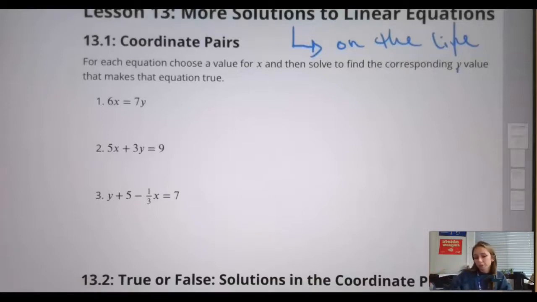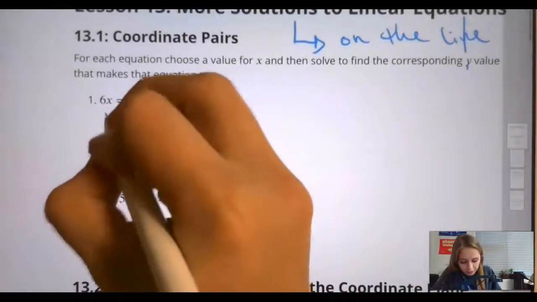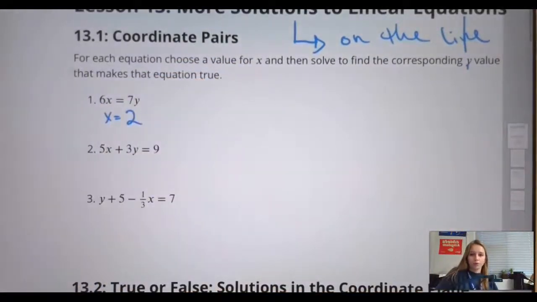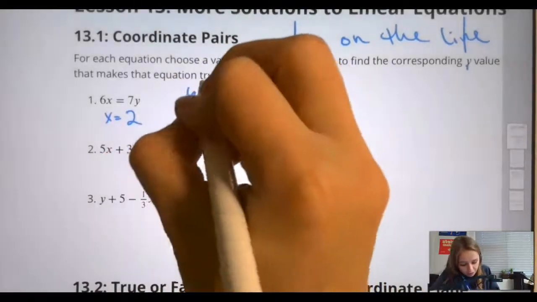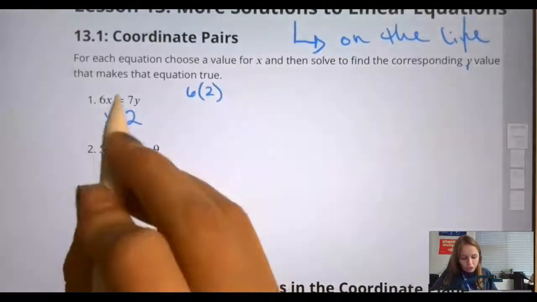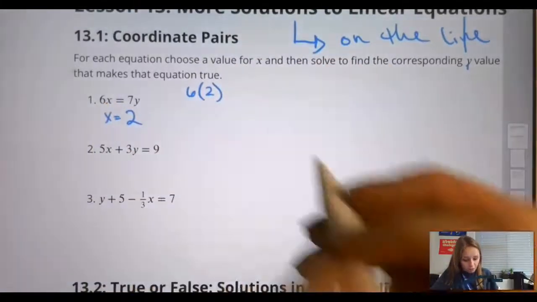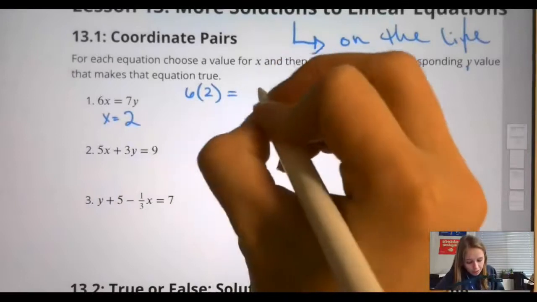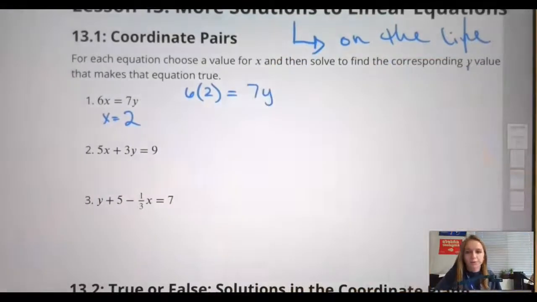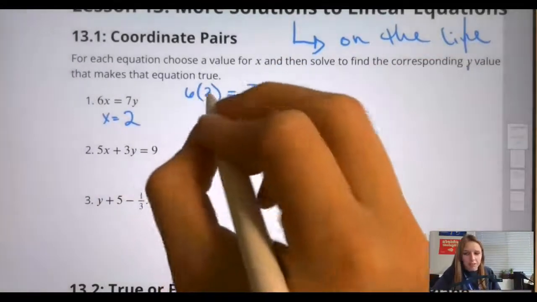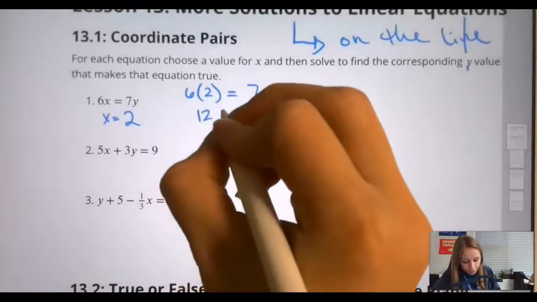We can pick whatever numbers we want. So let's just do x equals 2 for this first one. That means I'm going to plug in 2 for x and then solve for y. So I'm going to have 6 times 2, I'm plugging the 2 in for x, and this is equal to 7y. Now if I take 6 times 2, I get 12,